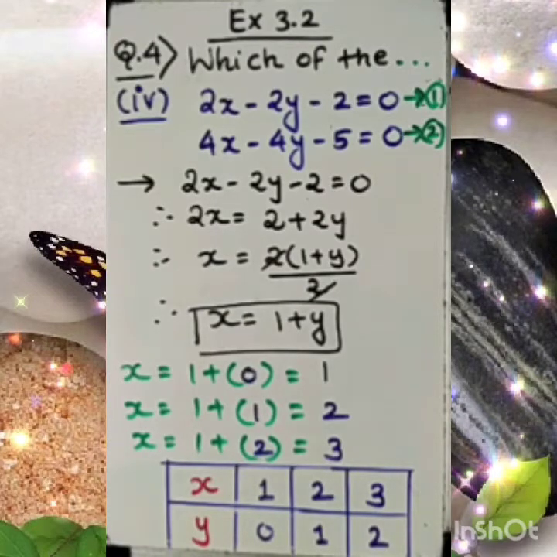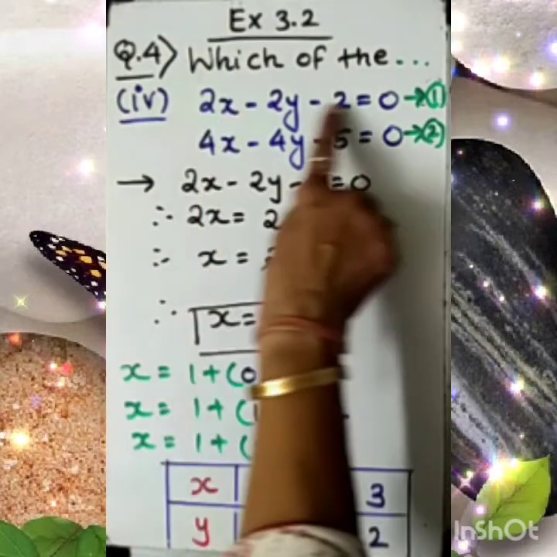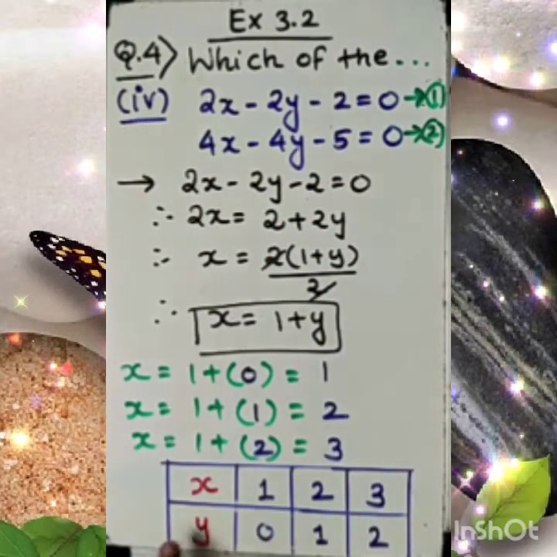Now through the table the conclusion is there. We need to locate (1, 0), (2, 1) and (3, 2) on the graph paper. Now observation says (1, 0) will lie on the x-axis. Agree? (2, 1) will be in the first quadrant, and (3, 2), both are positive, so it will be in the first quadrant. So after gaining these points which we have to locate on a graph paper, it indicates that these points must lie on equation 1. Okay, through equation 1 we come to the conclusion these points will lie on the first quadrant.